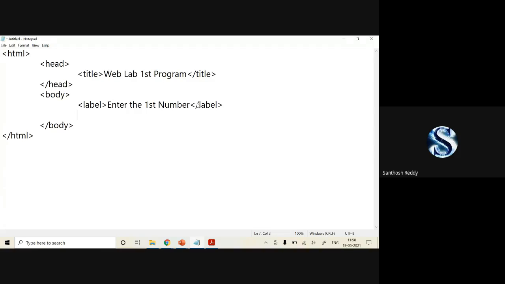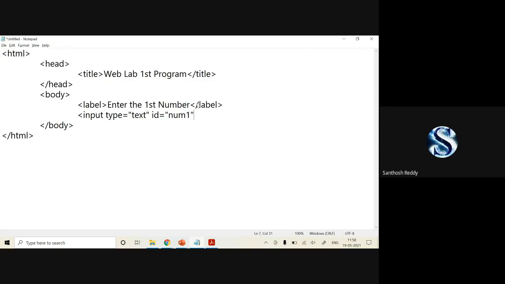Now I have to take an input, so I'm going to use an input tag where type is equal to text. For this text box I'm going to refer one ID, num1.